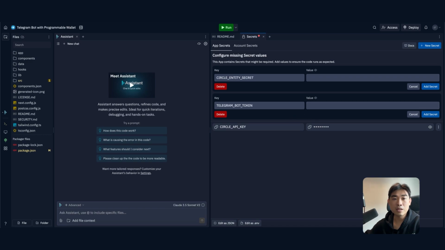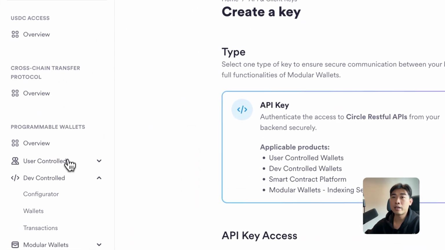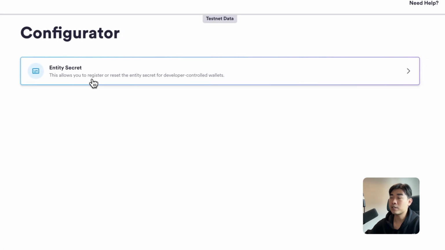So the second variable is the entity secret. This is needed for you to perform every unique transaction using our SDK kit. So you need that entity secret. To get that, go back to your Circle Developer Console, scroll down under Dev Control Configurator, click on Entity Secret,